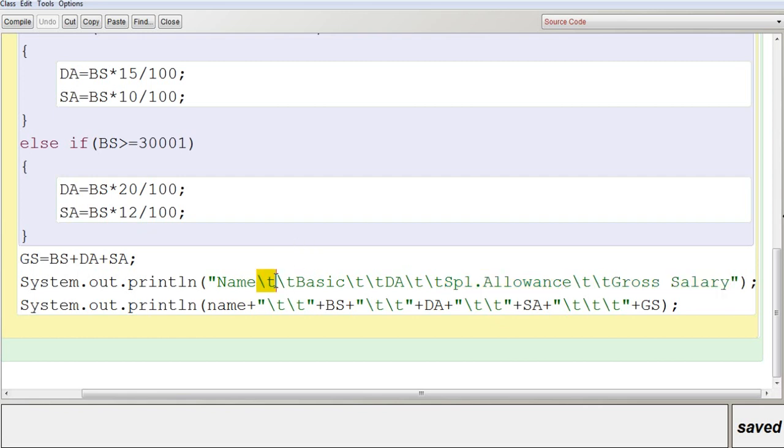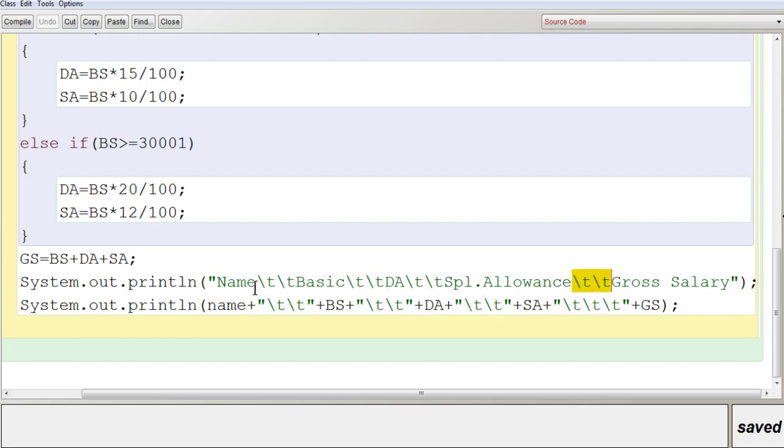In between that, you use tab keys. It's a special character, an escape sequence, which is used to leave a tab space. If you are using two tab spaces, it will leave more space there. For example, if your name is longer, you can leave a long gap so that between the first column and the second column you will have more space, so that you can enter the name and it will be displayed as columns. You can use a single \t or 2 \t's, or you can also use 3 \t's, depending upon the length of the value you are going to display. So here you can see I used 2 \t's in between all the headings.